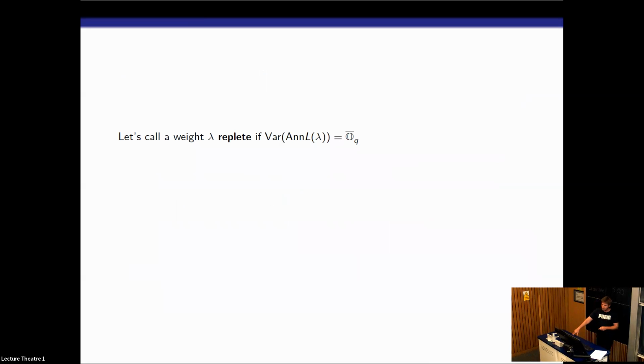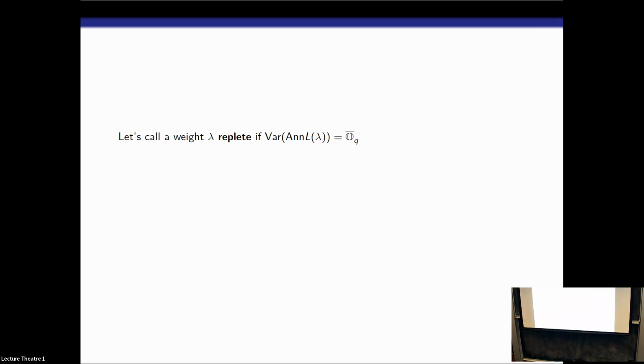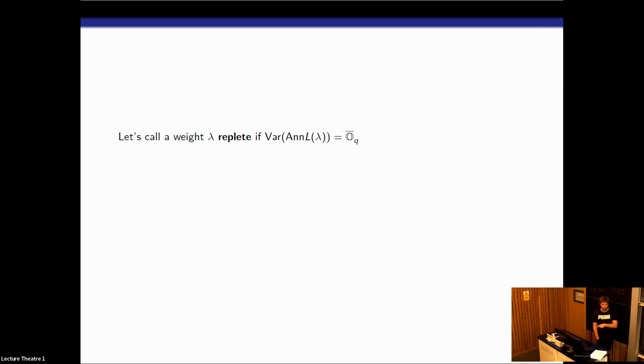Okay, so some terminology of my own invention. I'm going to call an admissible weight lambda in PRK an admissible weight of level K. So we have its annihilating ideal and the associated variety, so it's some variety inside G. And it might happen that that's equal to this closure of OQ, and if that happens, then I'll call the weight replete. What will generally happen is that this associated variety will be smaller, but if it's as big as possible, then I'll call it replete.